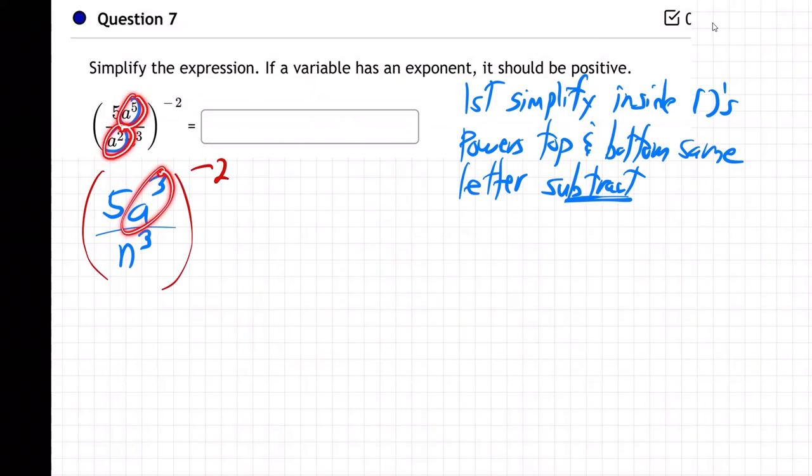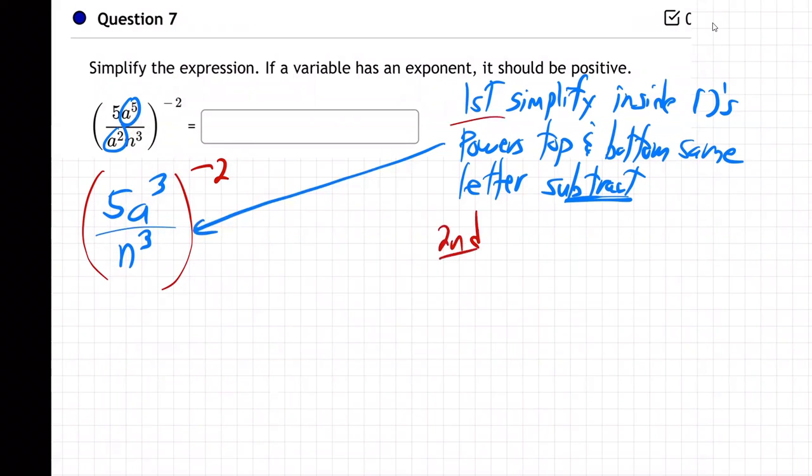Right? And the answer ends up where the bigger power was. So the 5, the bigger one's on the top. 5 minus 2 is 3 on the top like that. Okay. So first do that. So we did that. Okay, next, second, that was first, second, powers